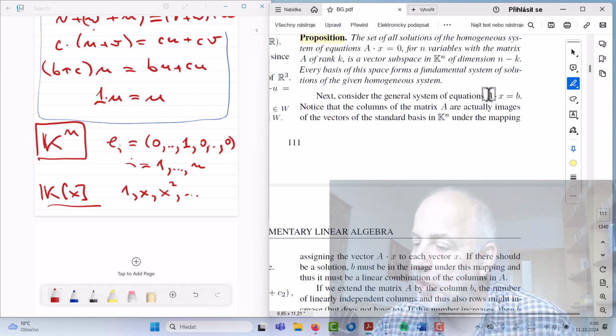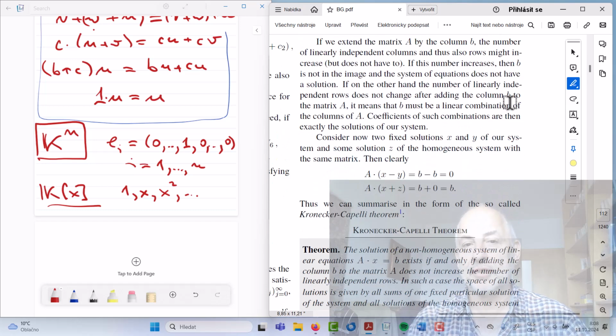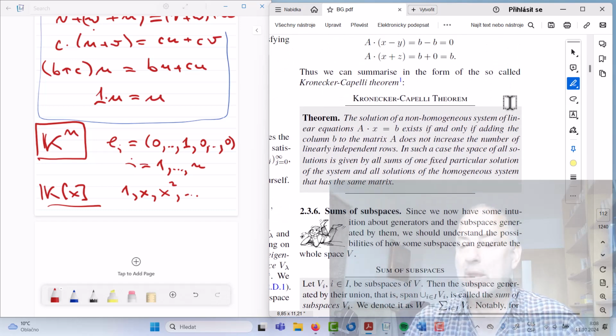And next, if we go to the completely general case of the linear equations, then of course you can notice that if we add a solution of the homogeneous one to one solution of the non-homogeneous one, we can again get a solution of the non-homogeneous one. If we take a difference of two solutions of the non-homogeneous one, we get a solution of the homogeneous one. And therefore we see that in order to find all the solutions, it's just what I wrote here, we end up with the